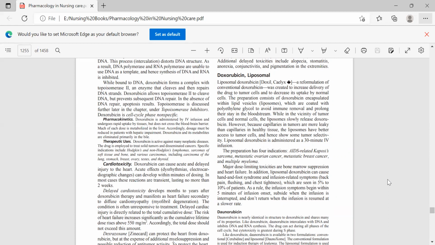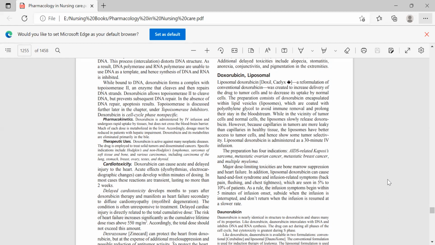The preparation has four indications, that is, doxorubicin liposomal is indicated in four different conditions: AIDS related Kaposi sarcoma, metastatic ovarian cancer, metastatic breast cancer, and multiple myeloma. The dose limiting toxicities are majorly bone marrow suppression and heart failure again, that is cardiotoxicity, as well as